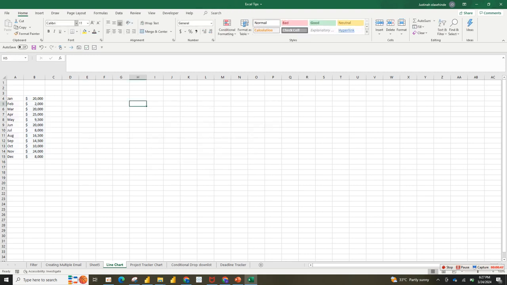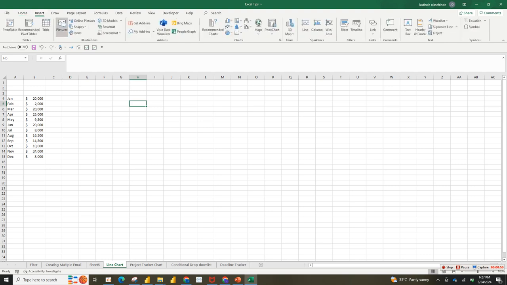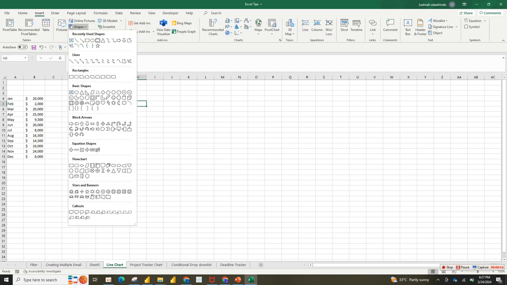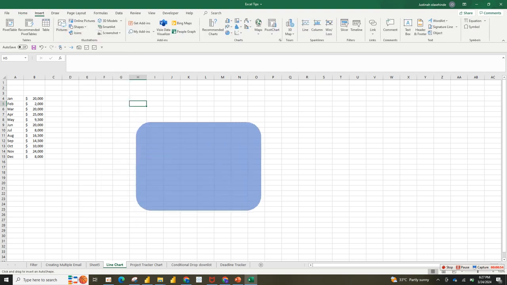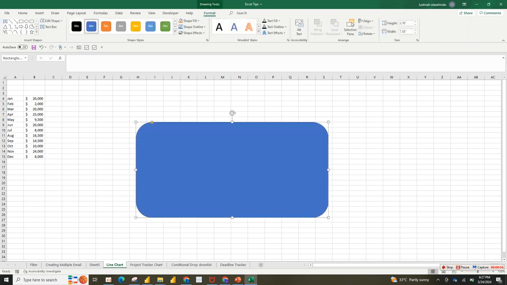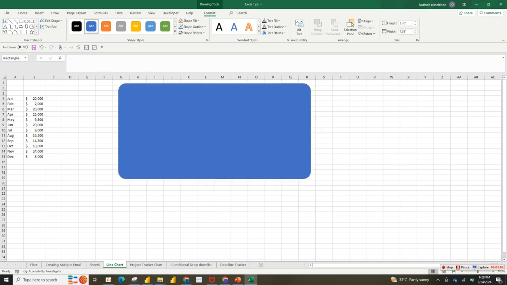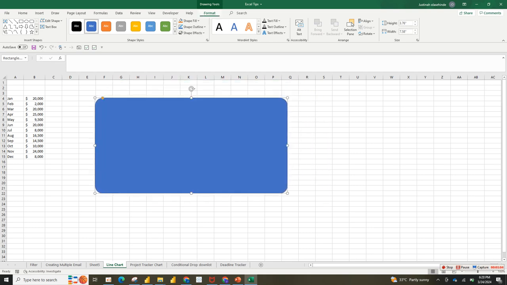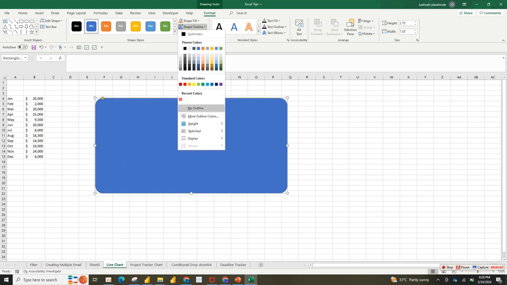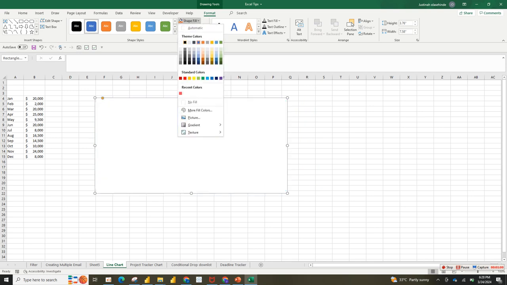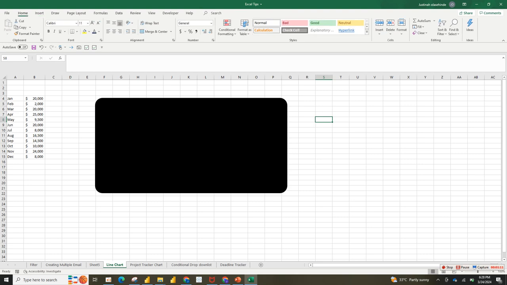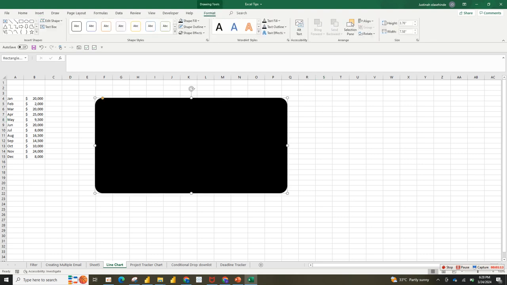So now the first thing I did is to insert a shape for the background. So go to insert and insert this shape, this rounded rectangle. So I'm going to be reducing the radius to this. Then I'm going to be formatting this shape, no outline. Then the color, I'm going to change it to fill. So now for my line chart,